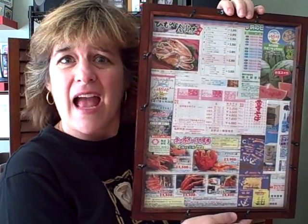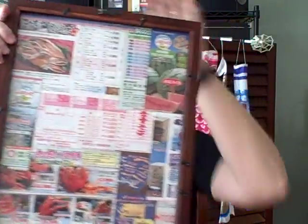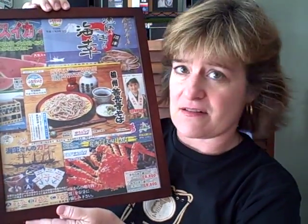These were just free advertising flyers. So I picked up the ones that interested me the most, and the ones that were food related, I grouped together in kind of a montage thing in a double glass Pier 1 frame, very inexpensive. Put all the food items together, and that hangs in my kitchen as a nice remembrance of my time in